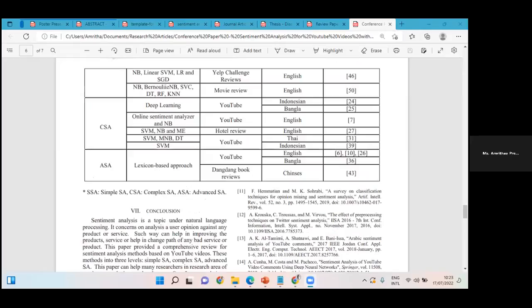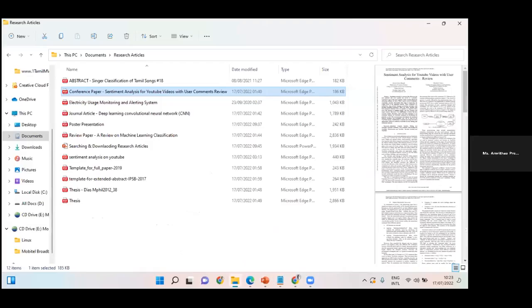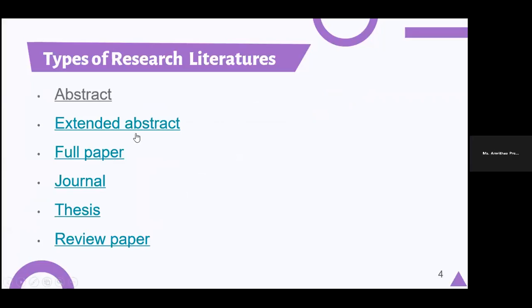Okay, so these are the types of different literatures. I wanted to introduce that because when you are going to download, you will find these different types. So normally it is better to go with these full papers. And if you want more explanations, you can also refer to these journals. So now